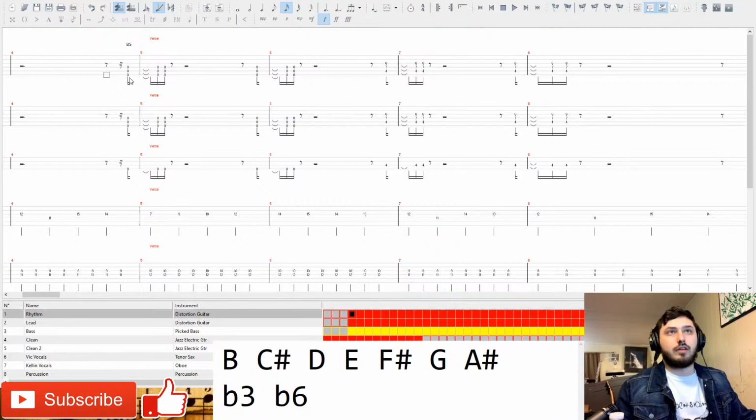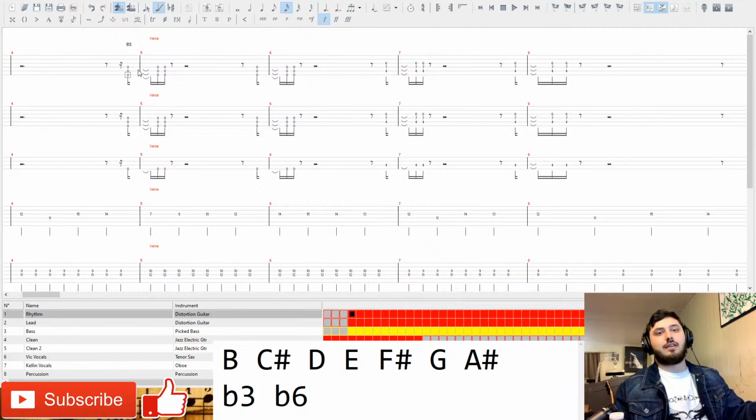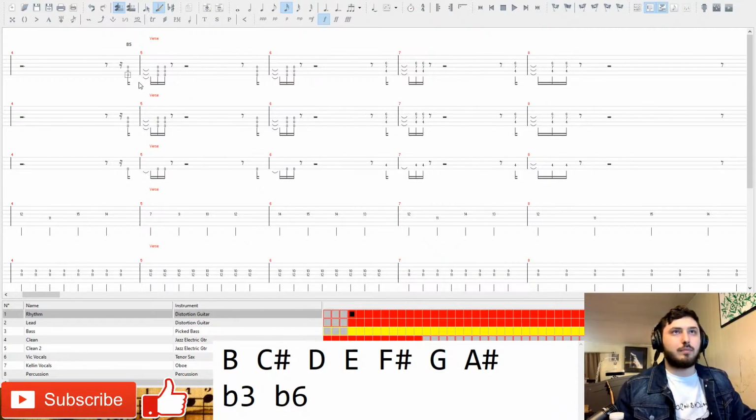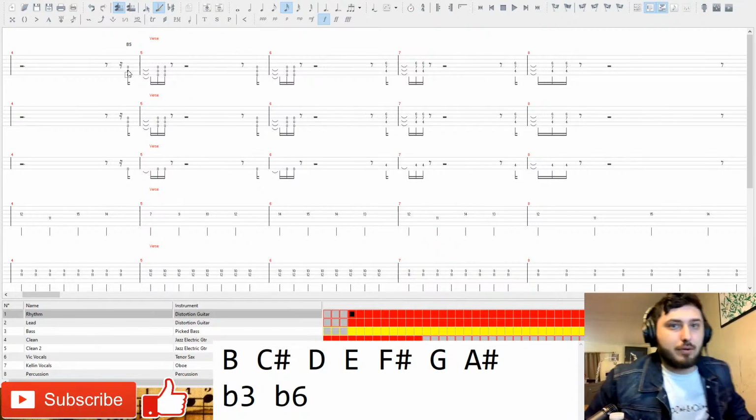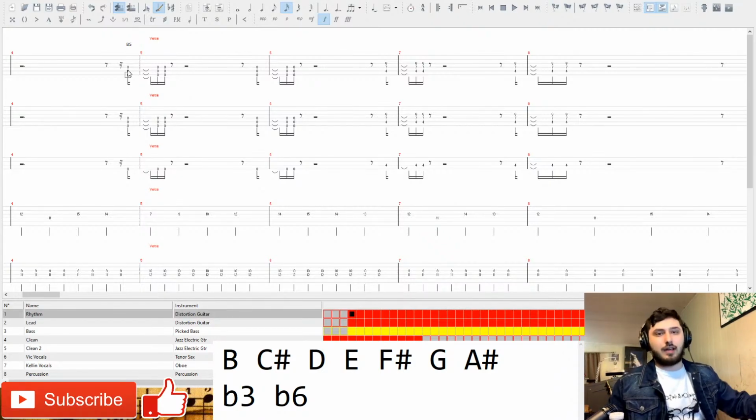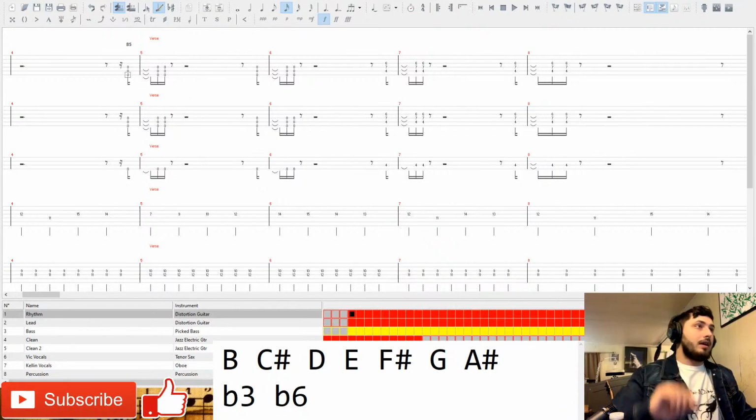Also, something that's cool to note is, if you can see, the da da da chugs don't start right on the measure. They don't start on 1. They start a 16th note before 1. This is like an anticipation. These are used a lot to add a more organic feel and to add more drive in modern metal music. Lots of bands use them. Whether you think they're metal or not, A Day to Remember uses them a lot in choruses, and I'm sure a lot of other bands too, but I know for a fact A Day to Remember uses this anticipation a lot, like all the time.